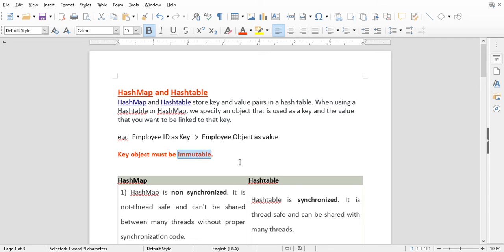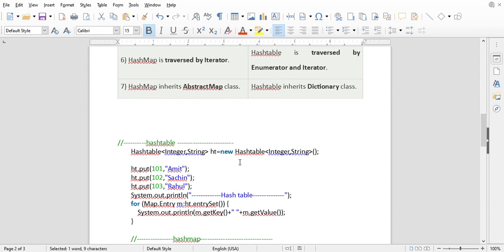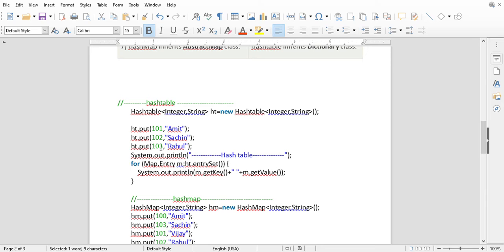Also, let's look at how it looks when you are using it in Java. For example, if you are creating a HashTable, you can create a HashTable of Integer, String. Let's say the Integer is the employee ID and the String is the employee name, like the first name. You can say hashTable.put(101, "Amit"), then 102, "Sachin", like that.